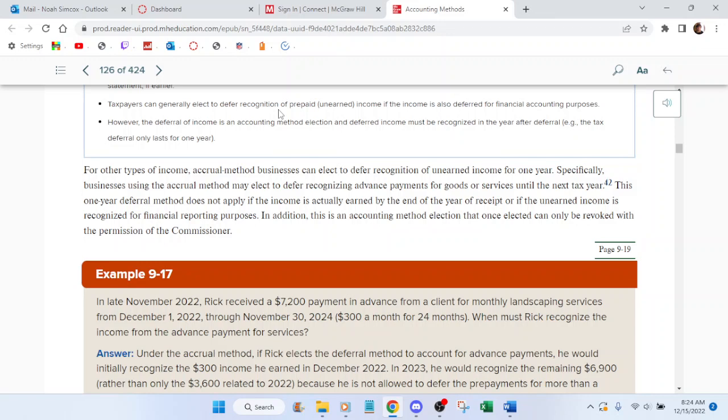Specifically, businesses using the accrual method may elect to defer recognizing advance payments for goods and services until the next tax year. This one-year deferral method does not apply if the income is actually earned by the end of the year of receipt,